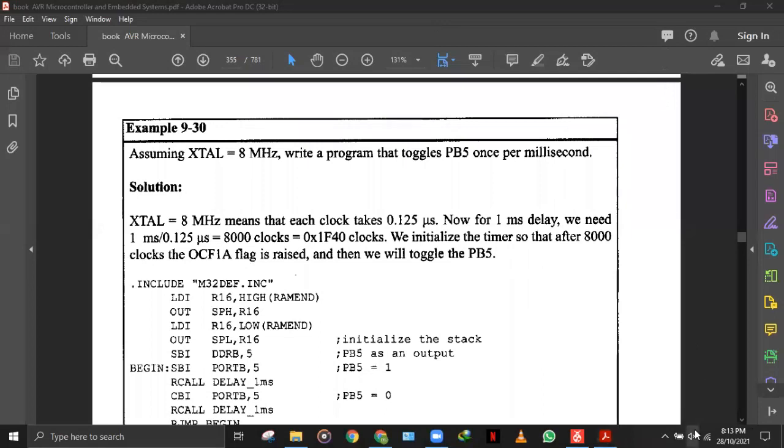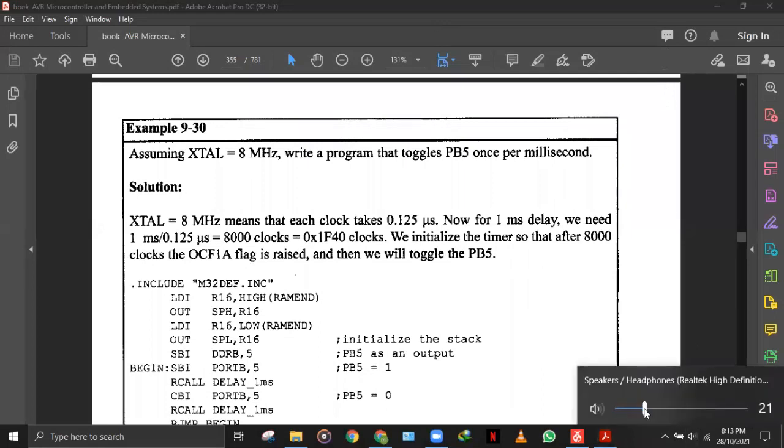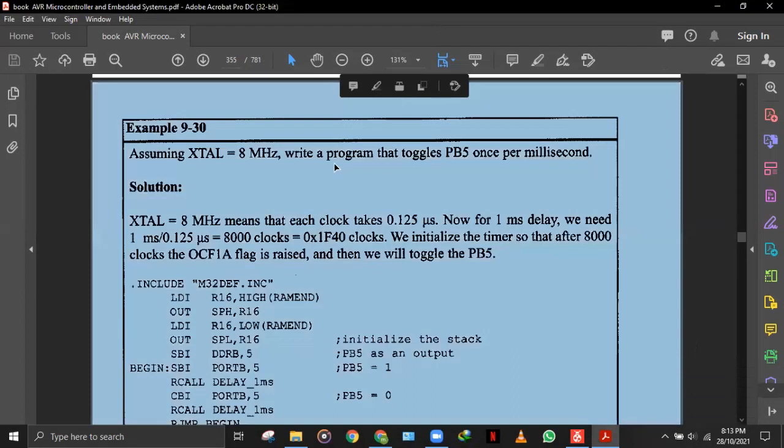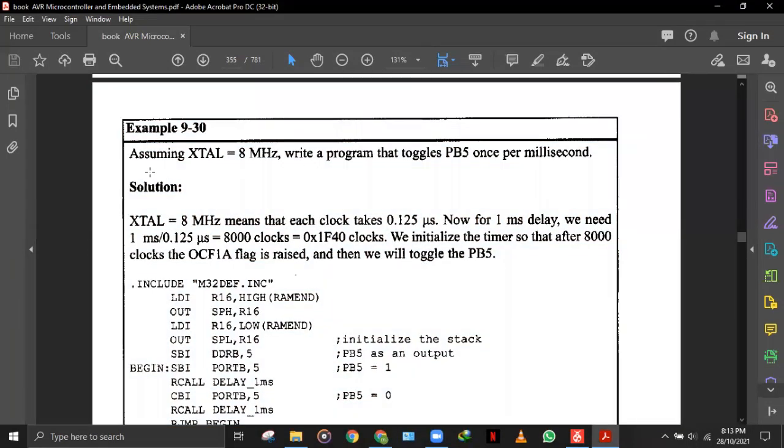So yeah, this is our example 930, in which we are stated that, assuming XTAL is equal to 8 megahertz, write a program that toggles PB5 once per millisecond. So let us see the description first, in which we are told that XTAL is equal to 8